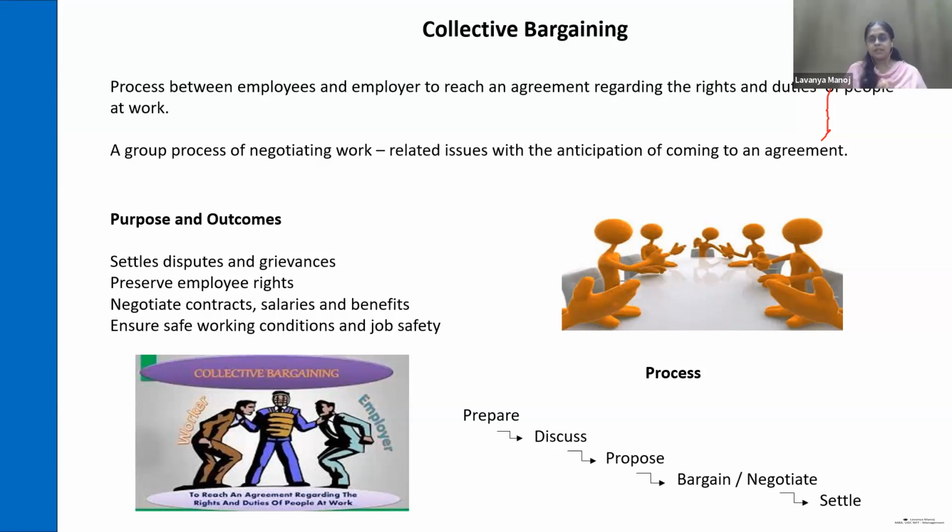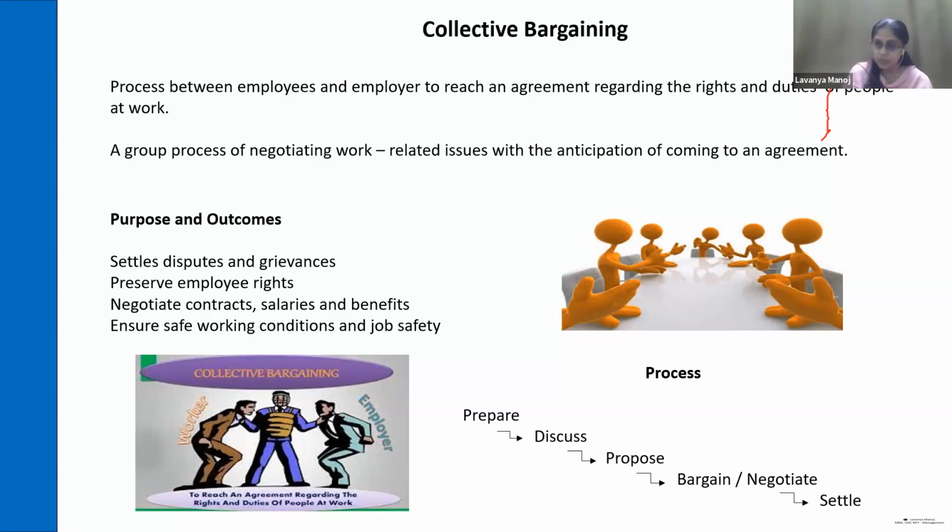So collective bargaining is done mostly by the trade unions, the employee representatives, and sometimes it can be done by an arbitrator, who is outside the company. If the management is not ready to speak with the trade unions because they feel trade unions are very aggressive and not listening to the management's opinion, and they may completely avoid trade unions, in those cases both the management and the trade union people can approach a mediator or an arbitrator from outside the agency.